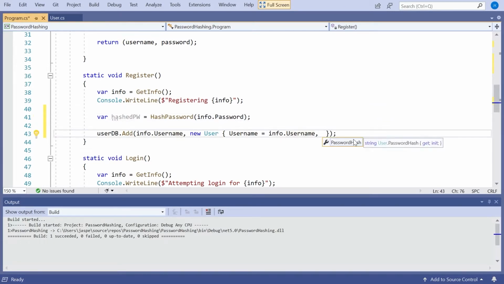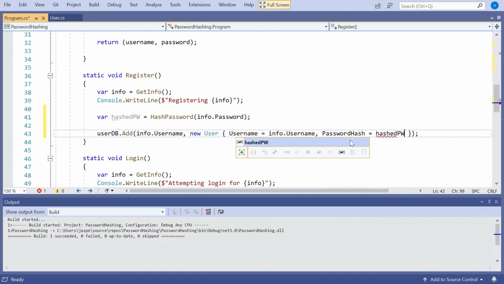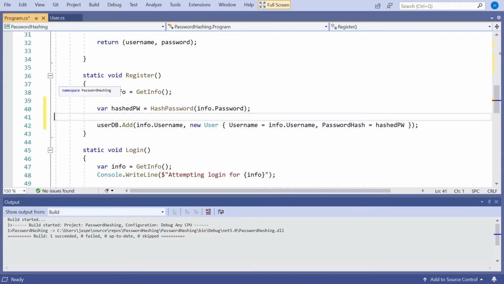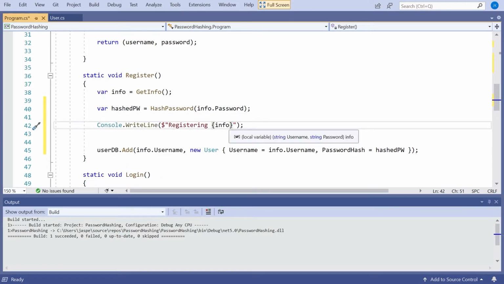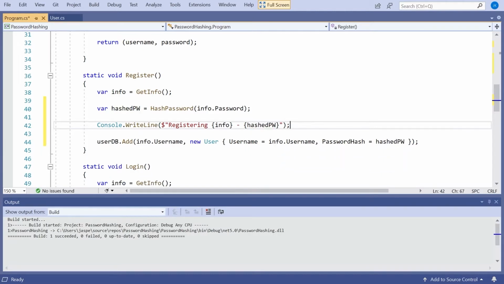So we'll also say PasswordHash equals hashedPW. And then also this Console.WriteLine, let's just move it down a bit, and as well as putting in the username and the password, we'll also print out the hashed password.